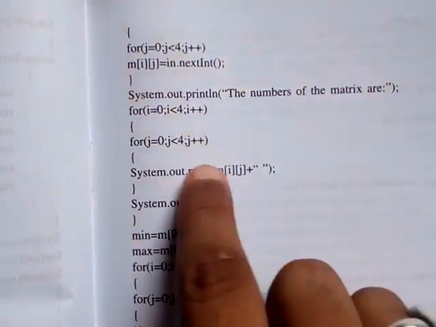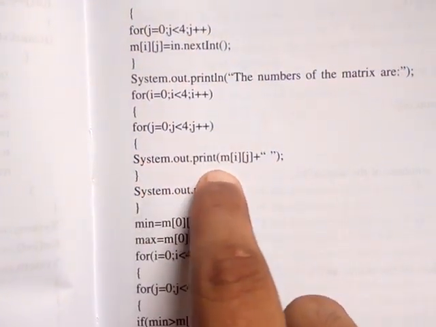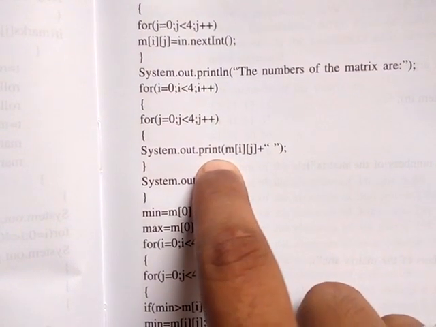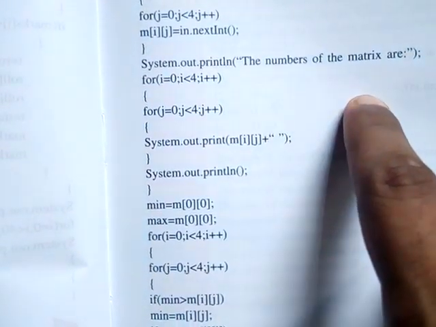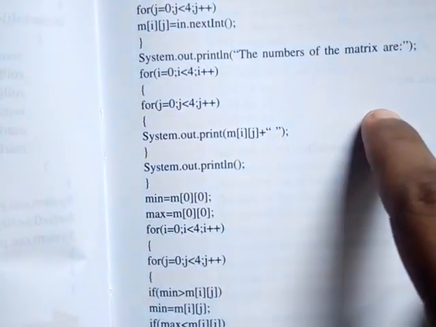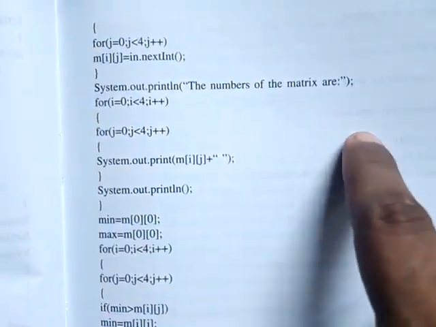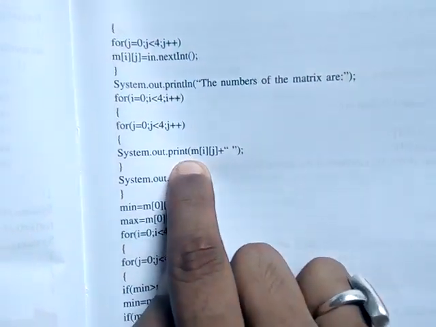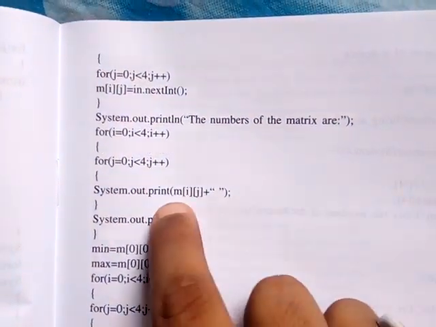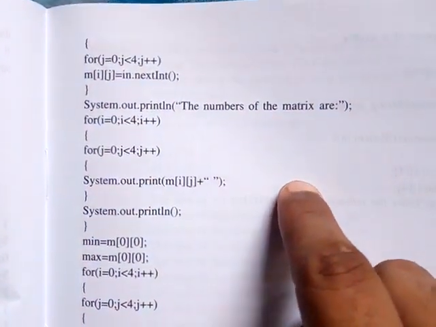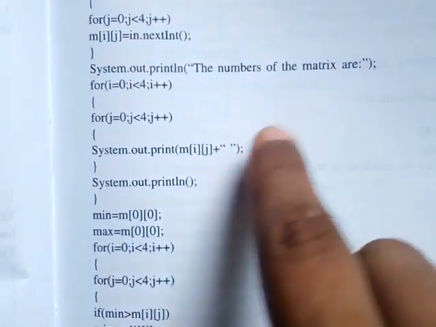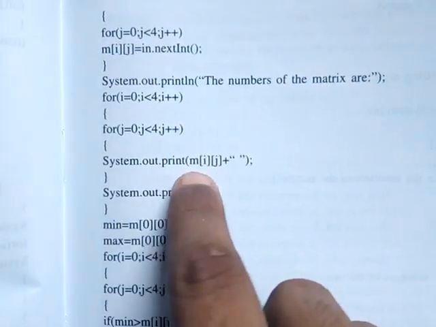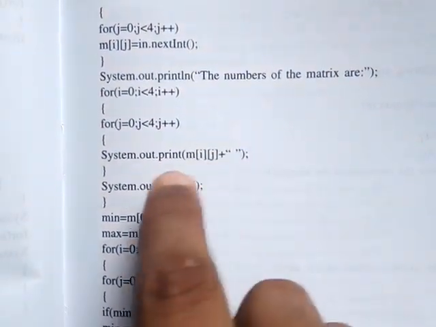Here, students, you see it is written System.out.print m[i][j]. Why the print statement? Because one value will be printed, then after a gap another value, after a gap another value, so it will be horizontal. To print the values horizontally you have to use the print statement. If you use println, it will print one by one in a top-down way. But we have to make a matrix, isn't it? So right now we are printing the first row, the values of the first row.